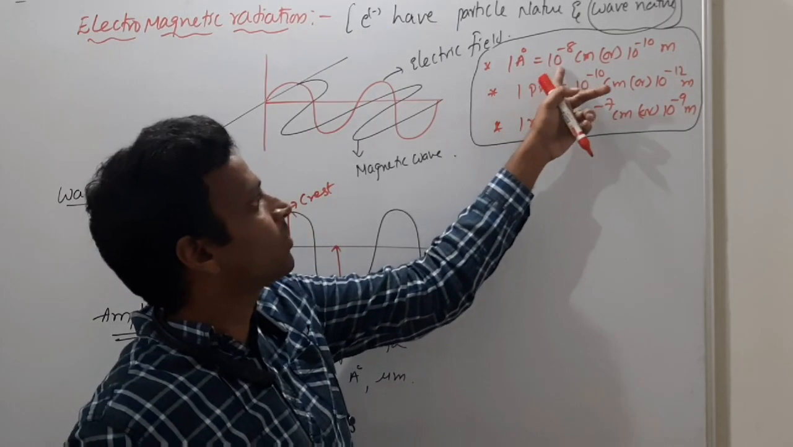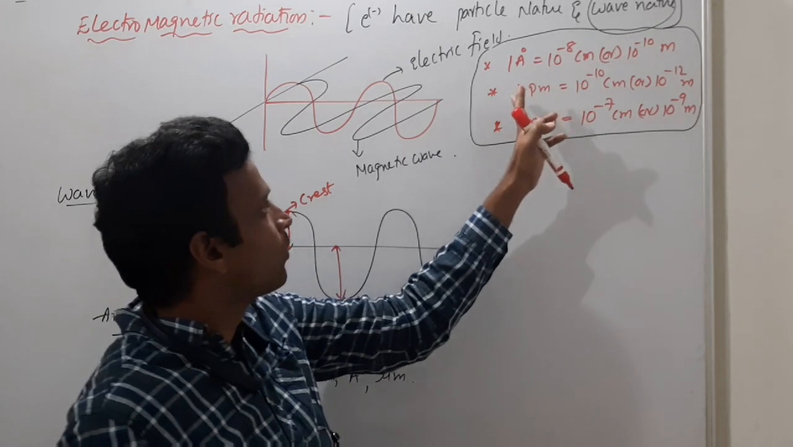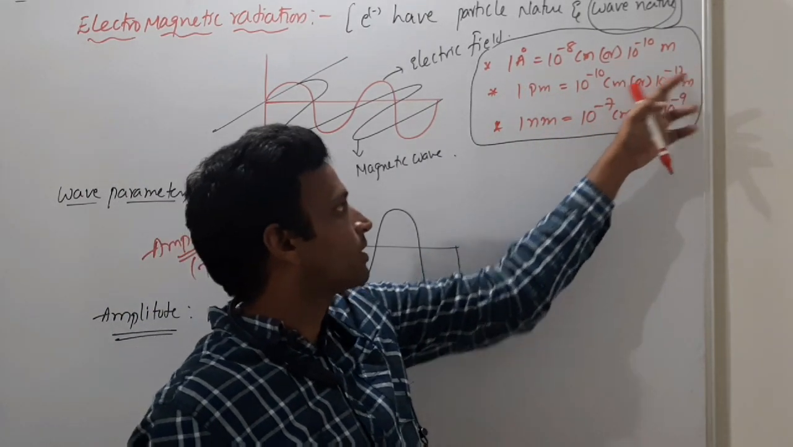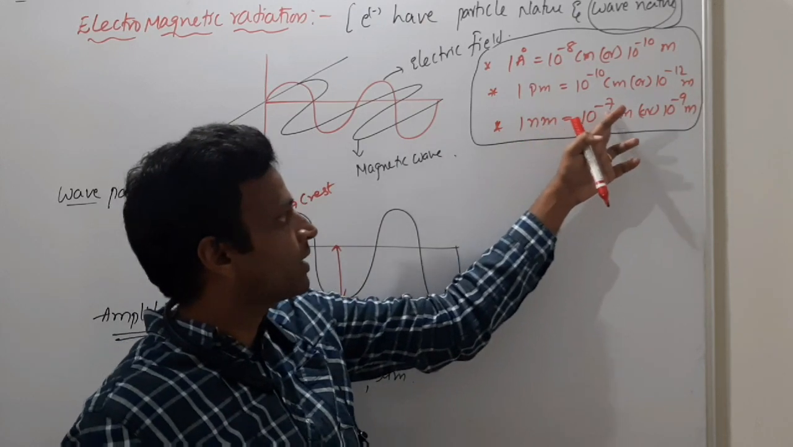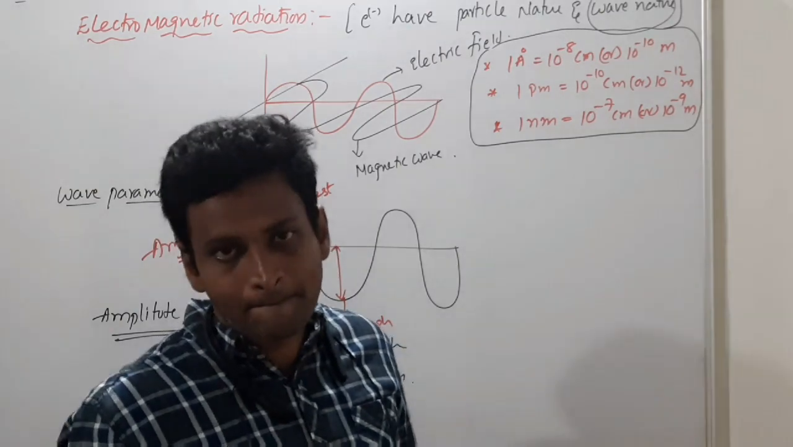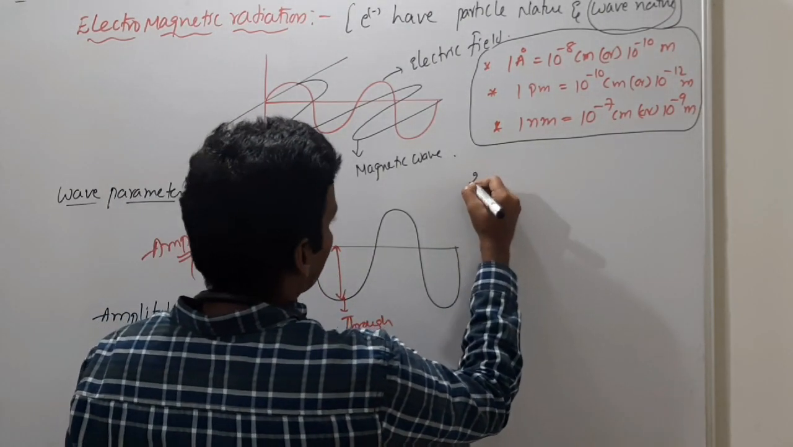Okay, so 1 angstrom is 10 power minus 8 centimeter or 10 power minus 10 meters. Mostly they will ask these. 1 picometer, 10 power minus 10 centimeter or 10 power minus 12 meters. 1 nanometer means 10 power minus 7 centimeter or 10 power minus 9 meters. Got it, sir? These are all very important. Second one is